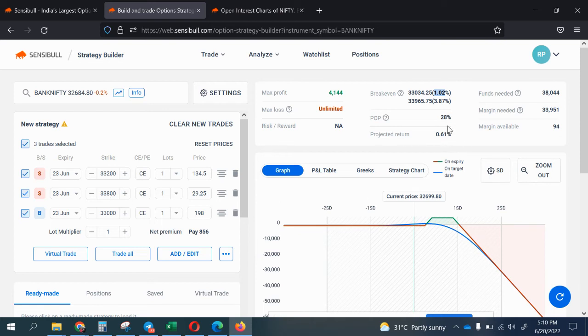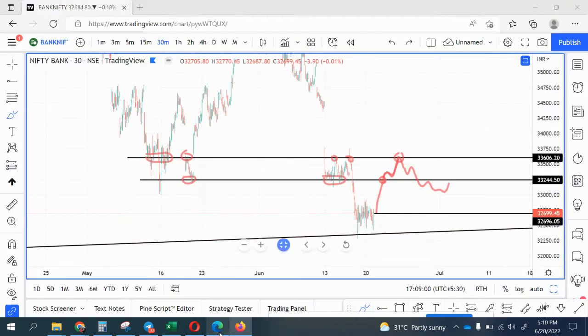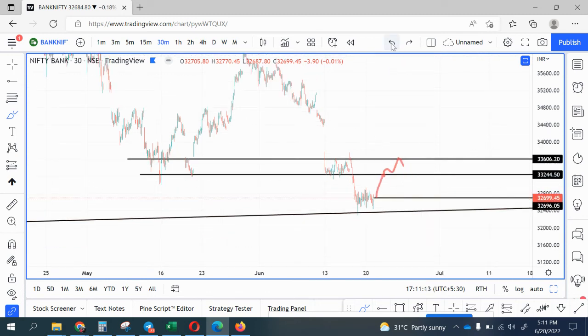All right, friends, so we have seen how to increase the range, we have seen how to decrease the range for your actual profit, and also we have seen how to select the strikes and premiums for your ratio spreads. Do not blindly go and select the legs or strikes. You pretty well know that this is the resistance for you, right? Let's say you entered here,